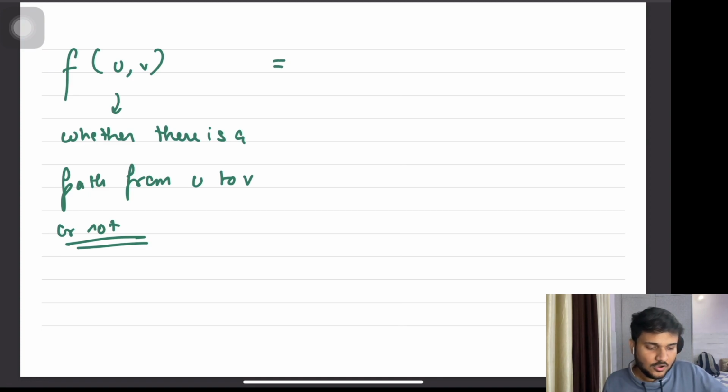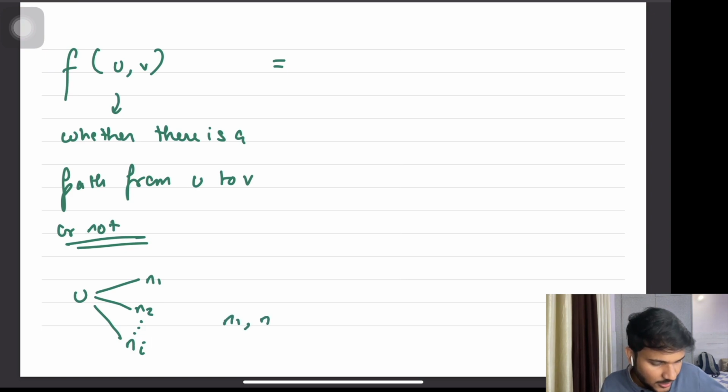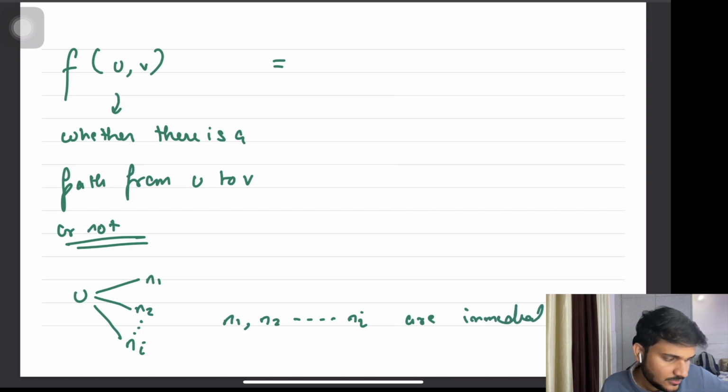So from u, let's say u is connected to a few of its neighbors, n1, n2, and so on, ni, where n1, n2, up to ni are the immediate neighbors of u.